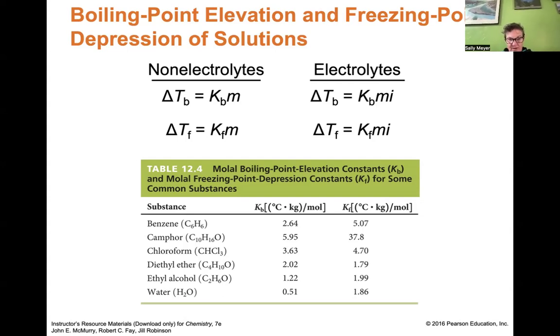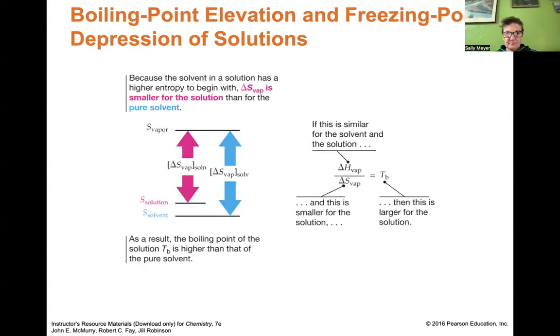So this is just a small table of the Kf and the Kb, and those are for the solvent. So for the thing freezing or vaporizing. And this shows you they were related to the vapor pressure lowering, but you can also think of them in the same way that we thought about why vapor pressure is lower. So if, let's see, this is for the boiling point going up. So if you have a pure solution, remember,